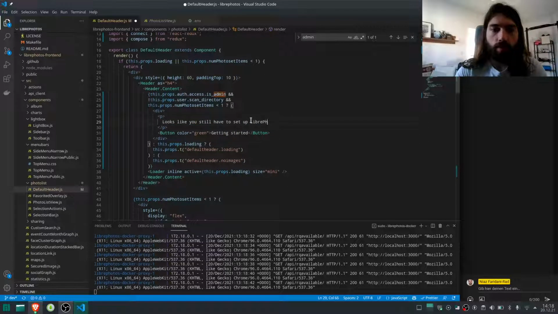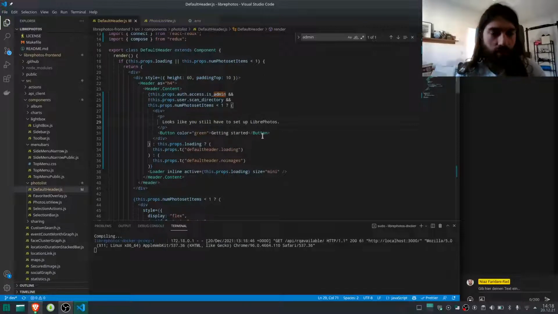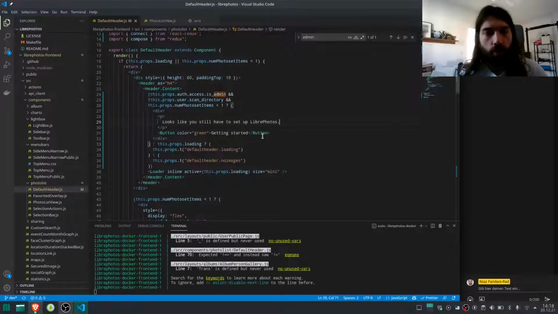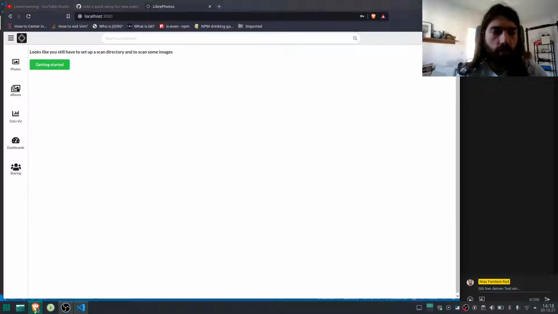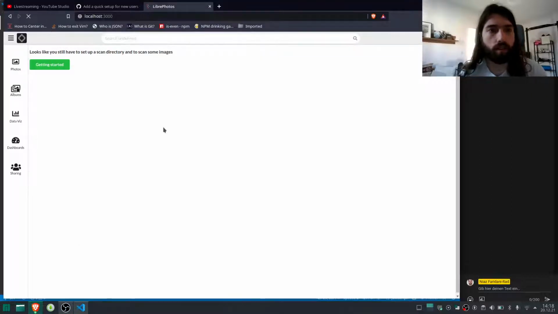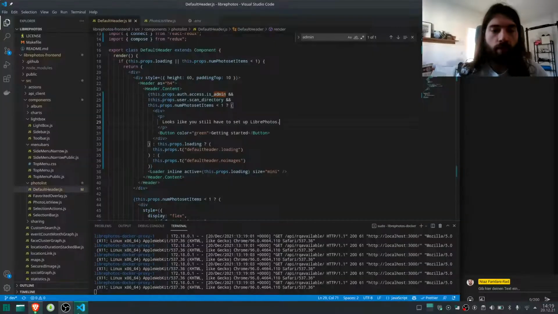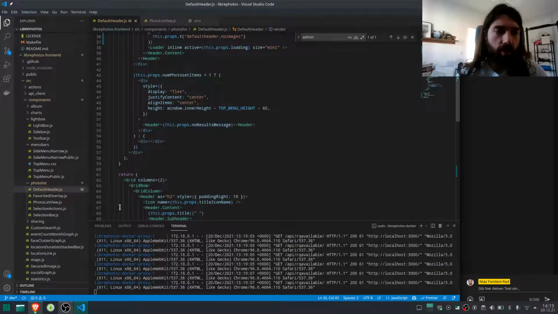We'll just, looks like you still have to set up Vivo photos, is I think a good statement. That should work, I guess. So if we go here, that looks nice. So we now want to click on getting started, and then we want to have like a scan modal thing. But the special ability is that it starts actually a scan. So we already have like implemented a scan